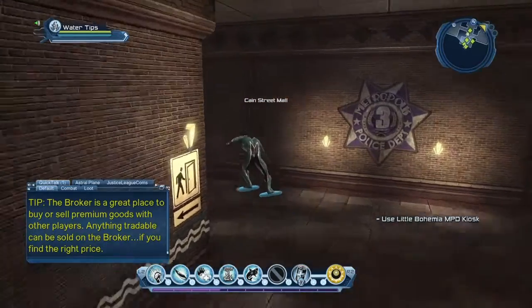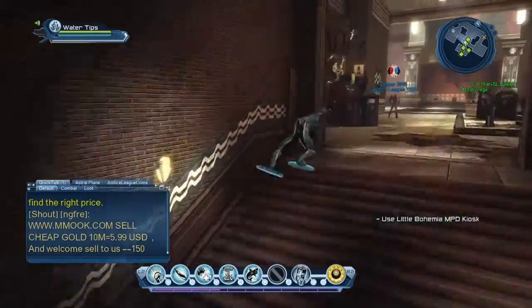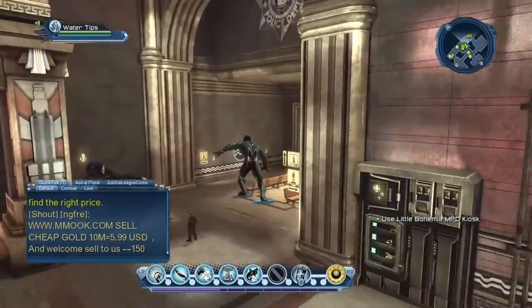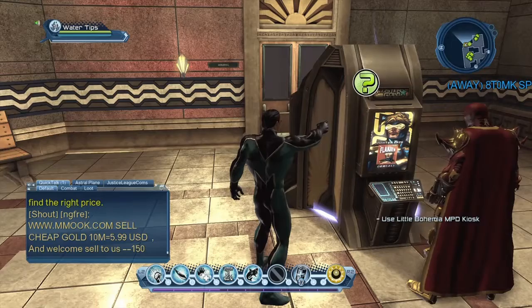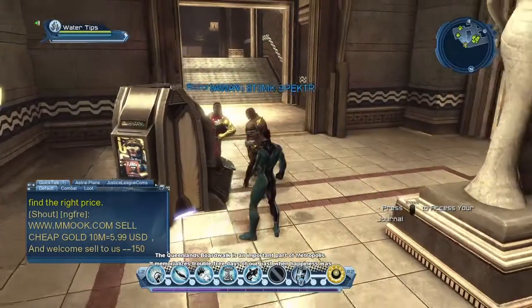Okay, now we're back in the station. And so basically all you're doing, as you can see, it says use the Little Bohemia PvP kiosk. So you want to go back over to the kiosk. When we first activated it, we did the exploration mission from the beginning. And as you can see, there's a question mark saying to complete it. When you do that,